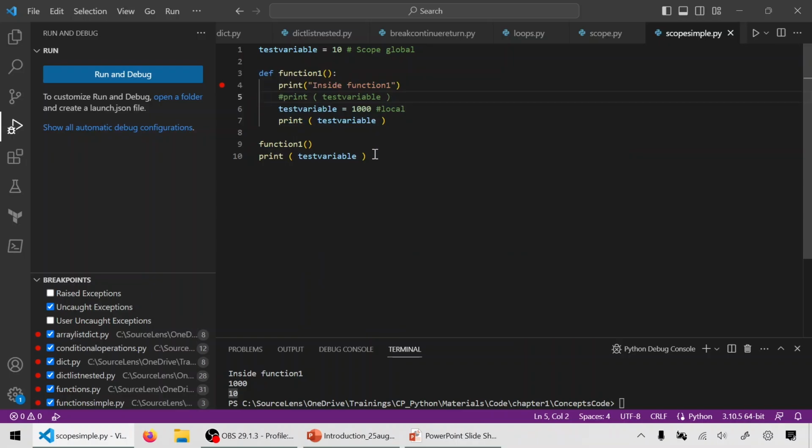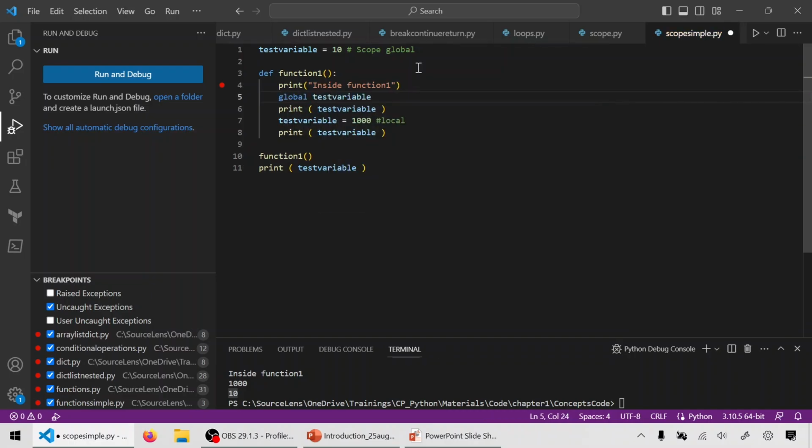Now, what is the use of global variable? Can we access global variable inside the function? Yes, we can. Then why did we get a problem here? Let's see that. What is the problem with it? The problem here is that this particular line doesn't know that this is a global variable. It is expecting a local variable. So we can add another statement here, global